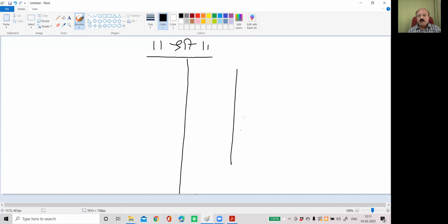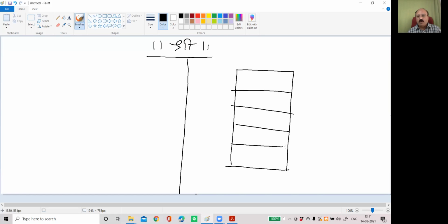This is the memory block given to us, with five locations in total, D000H, 1, 2, 3, and 4. The user will enter the data, suppose like this: 1, 2, 3, 4, and 5.